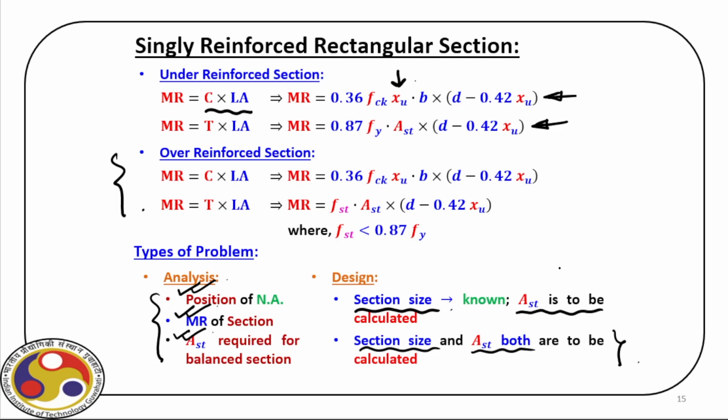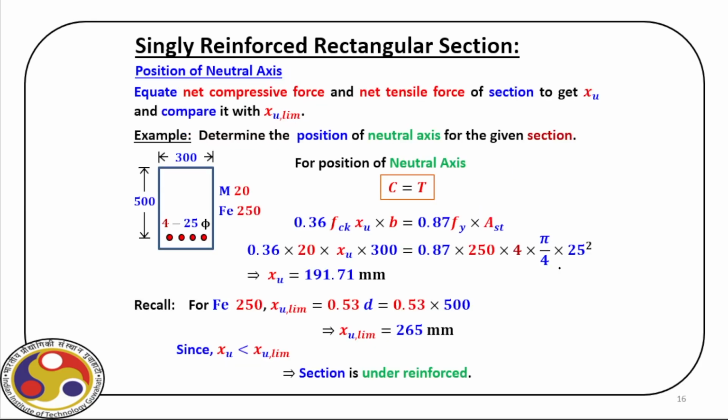Nevertheless, in every design, first we have to check whether we are going for a balanced section. If not, obviously we'll always prefer an under reinforced section. We'll not design a section based on over reinforced theory. But we can start with cross sections and then check the adequacy, or we can find out the cross section and amount of steel. So let us take an example.